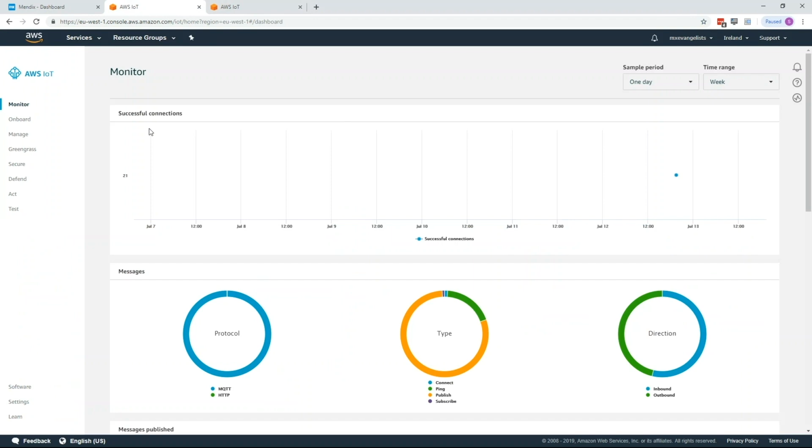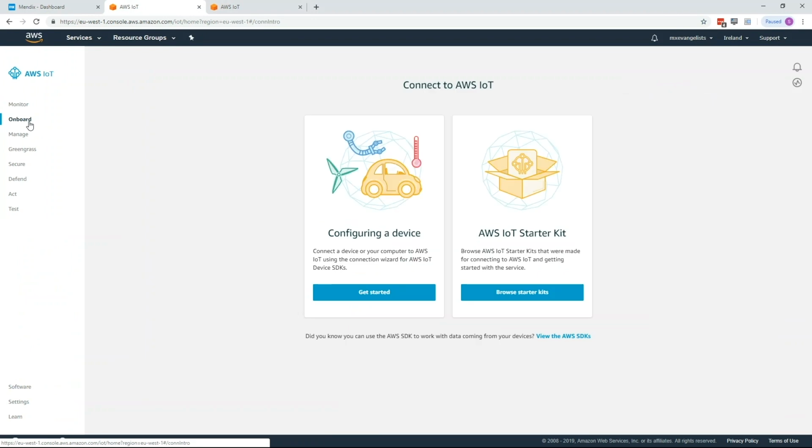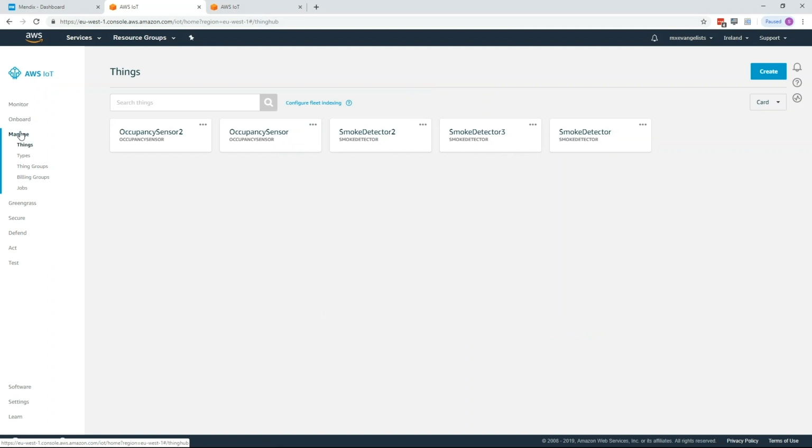It allows you to onboard devices and functionality very easily, as well as manage things, which are essentially representations of certain devices. You might have multiple devices that belong to a particular thing, and a thing always has a certain type, which essentially describes what the thing does or doesn't do.